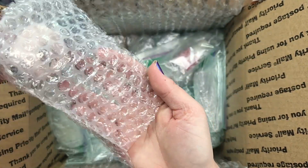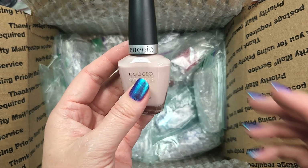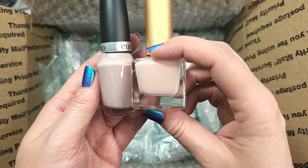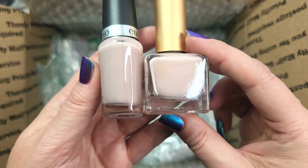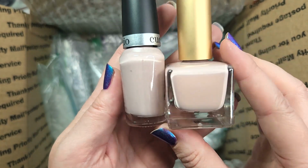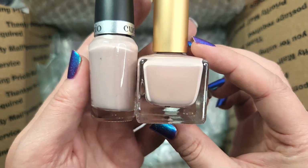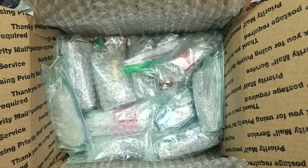Ooh, we have another Cuccio. I think this might be another from that same collection. I could be completely wrong on that, by the way, but this is another lighter shade called Wink, and this is kind of along the lines of Live Free from Twila True. They are slightly different. I don't know how much of that difference is going to come through on camera, but I want to say Wink from Cuccio is a little bit more tan leaning, whereas the one from Twila is a little bit more pinky leaning. But I think this was one of the colors that I was contemplating getting as well, so that is another keeper. Next up,